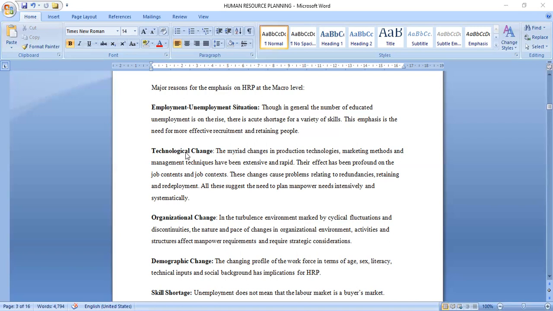And technological change basically follows a change in the type of employees that organizations are having. For example, we had what we call, was it a shift from analog to digital television, that kind of technology, whereby,